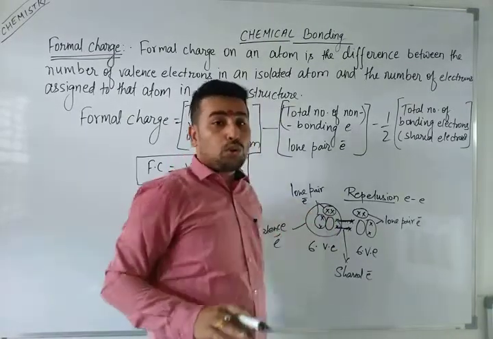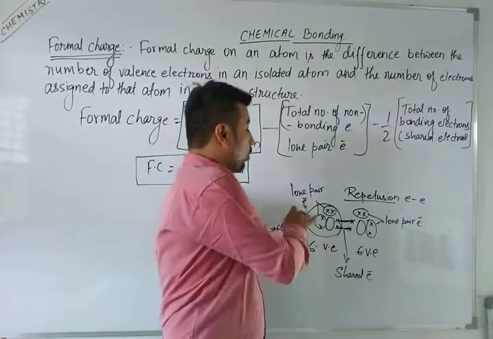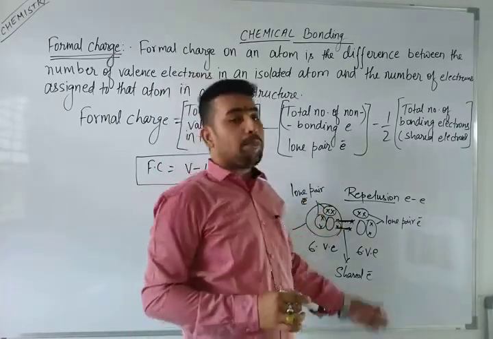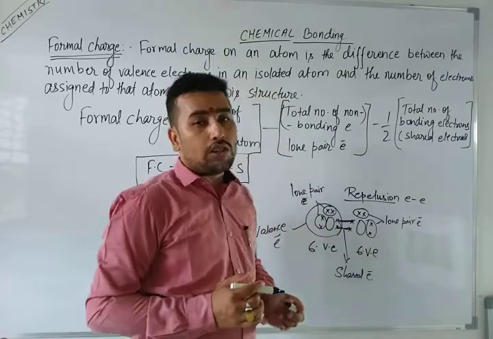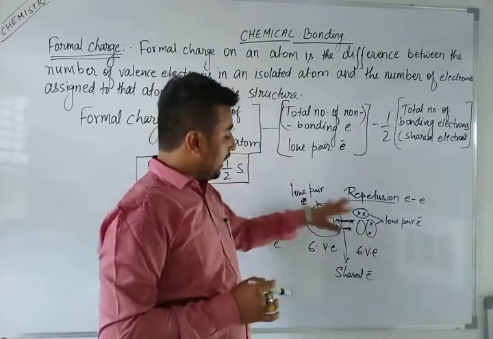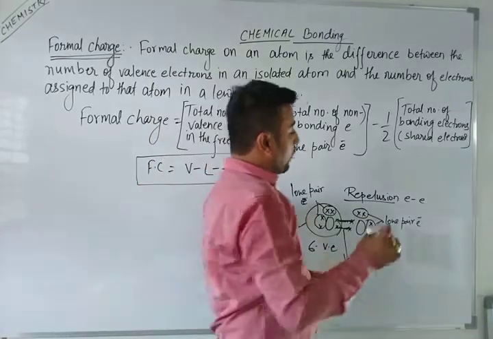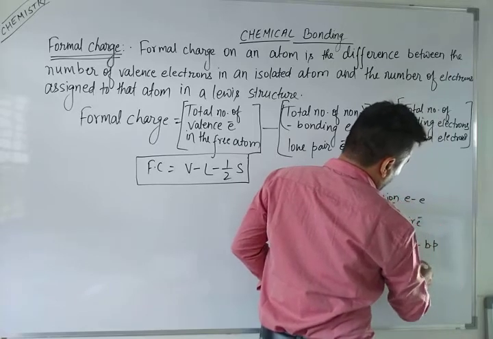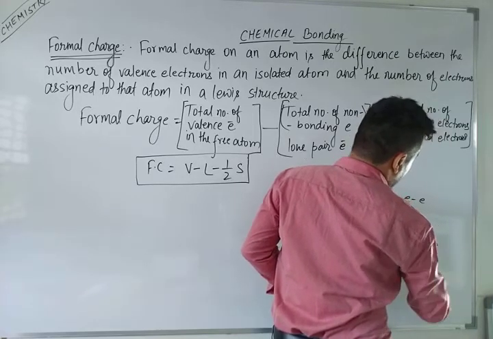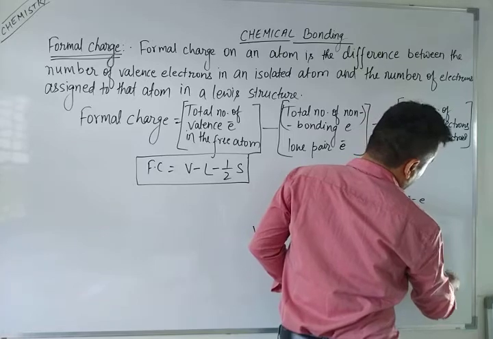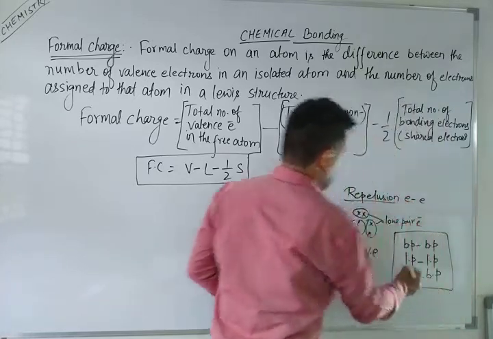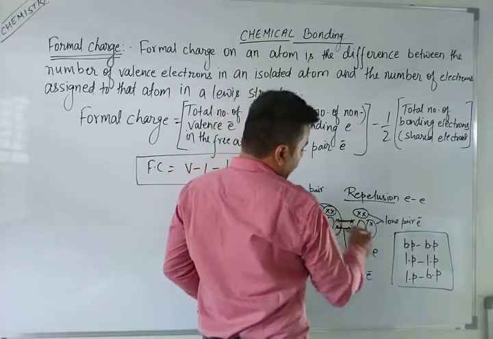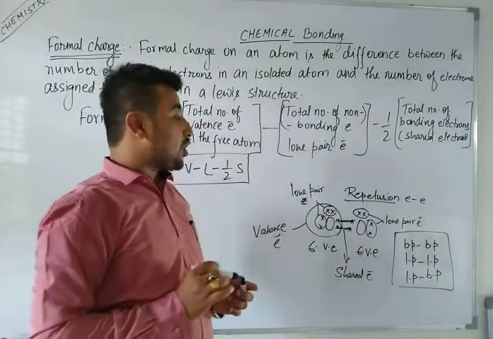The electrons which do not take part in a chemical reaction are called lone pair electrons, and those which take part in bonding are called shared electrons. So there will be bond pair and lone pair. There will be lone pair and lone pair, and lone pair and bond pair. As I have told you, lone pair, bond pair, and bond pair, bond pair. So three types. Now the question is about the repulsion.